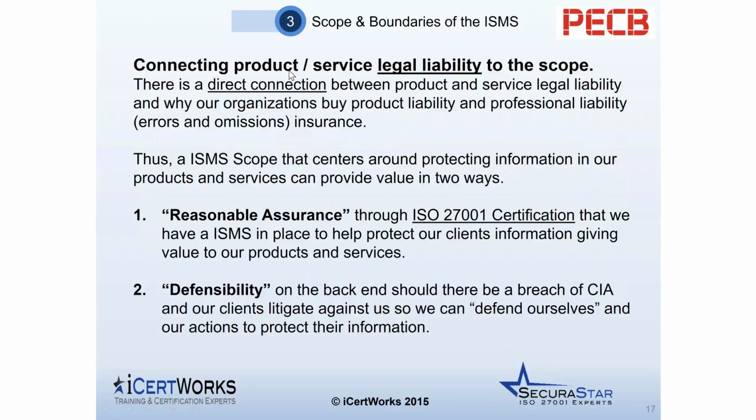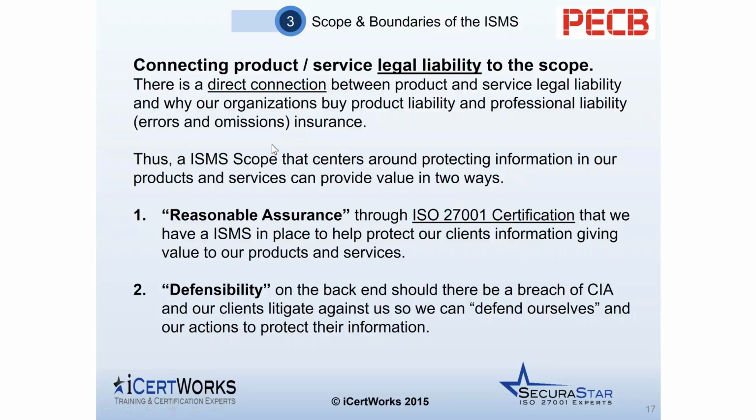Connecting the product and service legal liability to the scope. So there is a direct connection between product and service legal liability. Remember this from the executive management interested parties for information security. They have a requirement or a fiduciary duty to protect information within the products and services of the company. That's a legal liability, and this is why organizations buy product liability and professional liability, errors and omissions insurance. Okay,